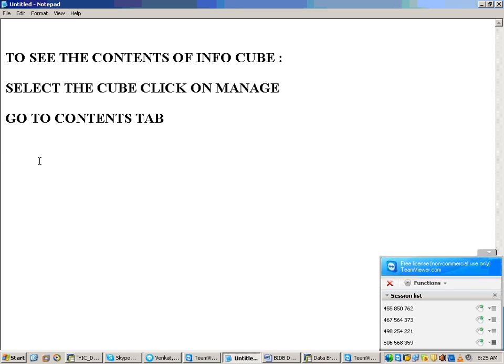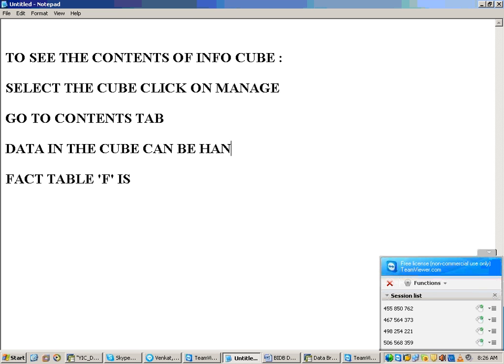Now how is data stored in the cube? Fact table F is, okay, data in the cube can be handled with respect to what? With respect to the request ID.